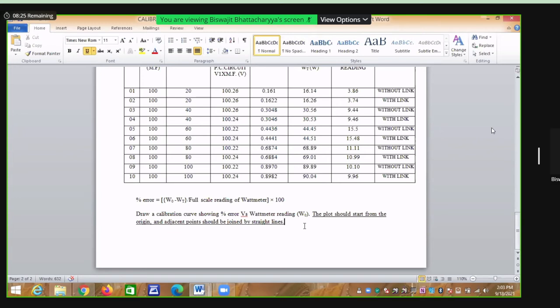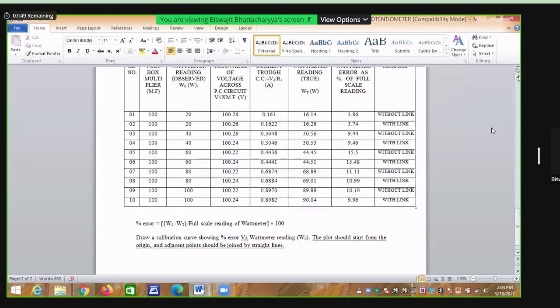Manufacturers also give us a calibration curve, and these calibration curves are always a piecewise linear model. That is, they join the points with segmented straight lines. These are not smooth curves because errors cannot have any trend. No particular graph can be used to fit them. So always the calibration curve will be drawn by joining with straight lines. So that is the particular thing. Clear? Any doubt here?